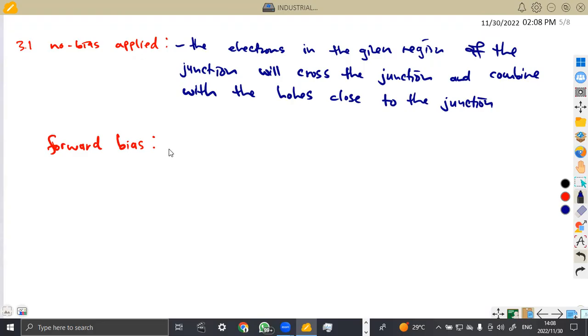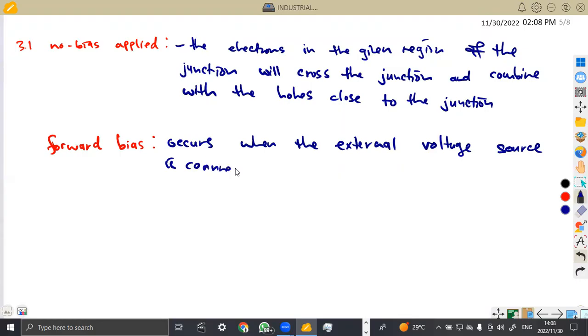So this one occurs when the external voltage source is connected in such a way that